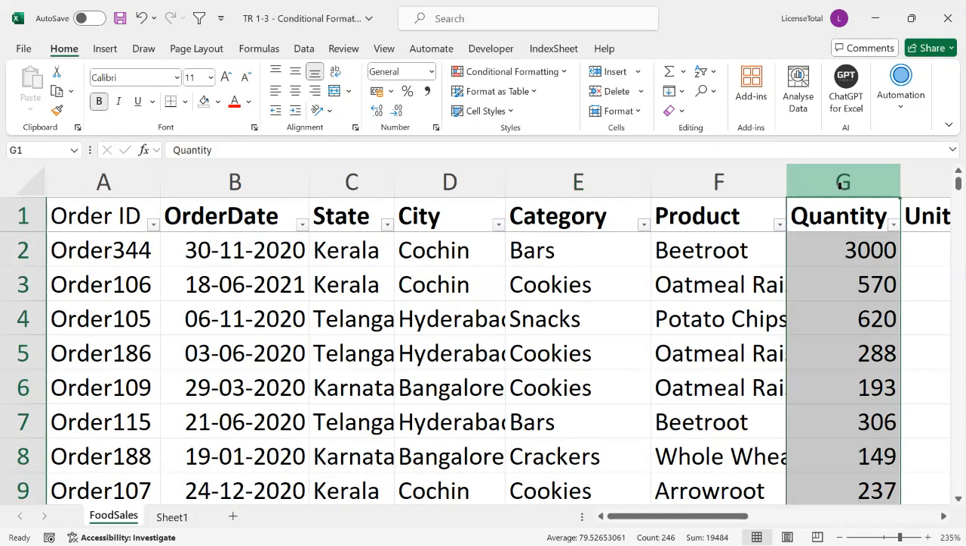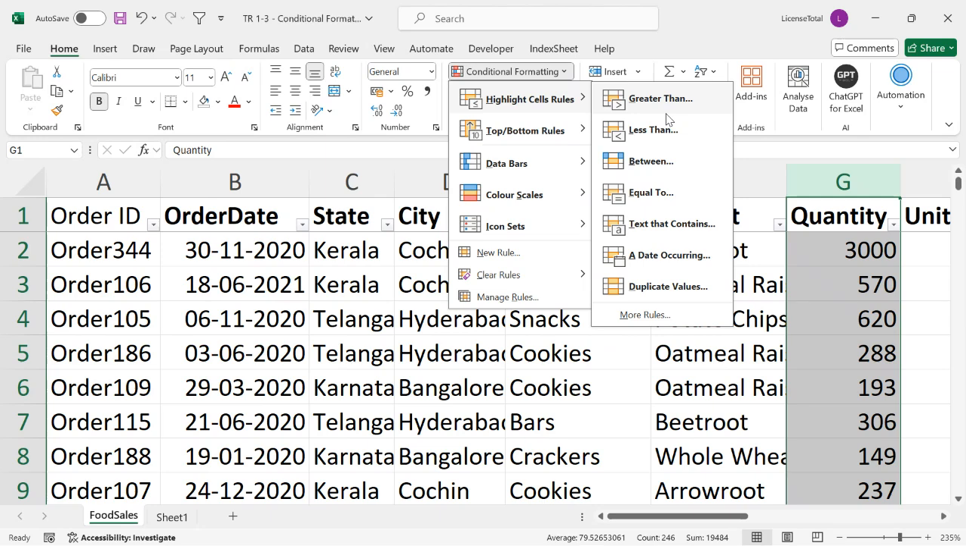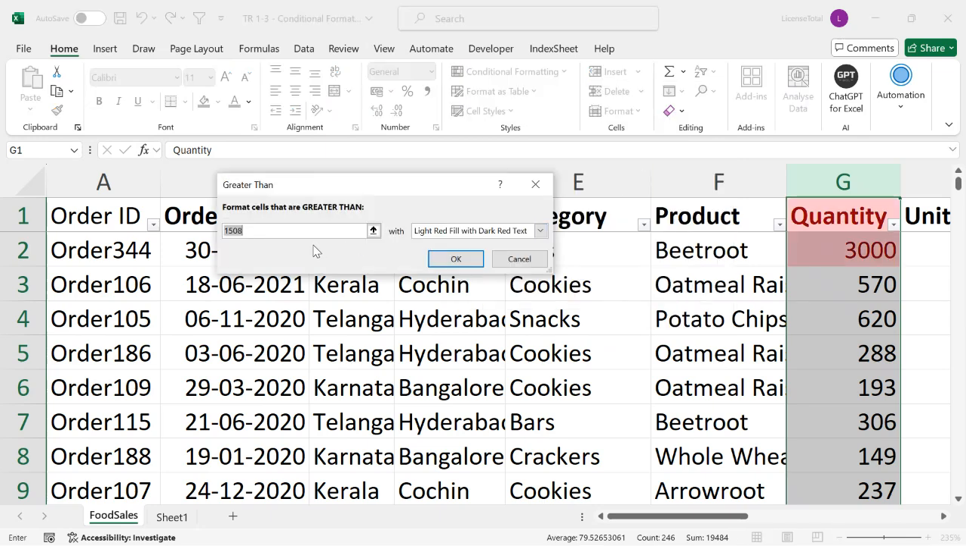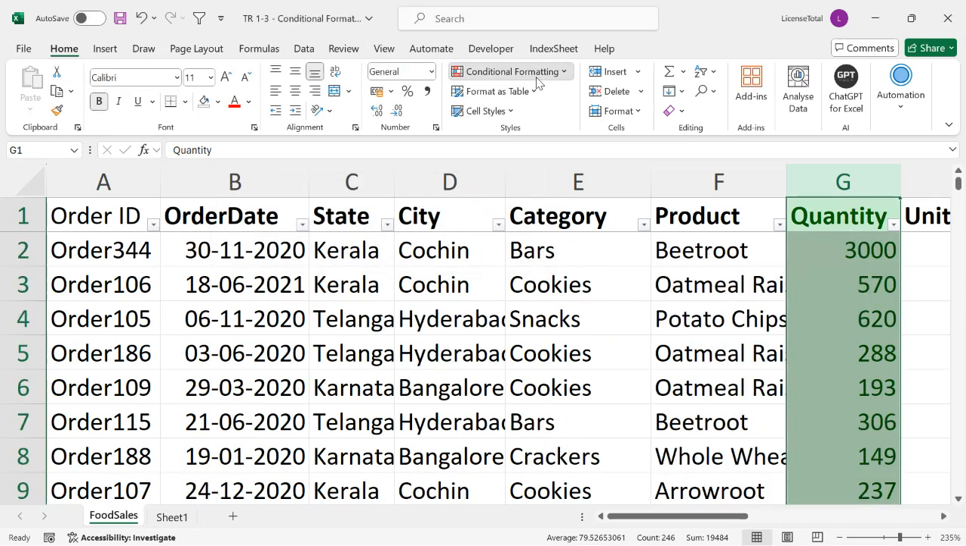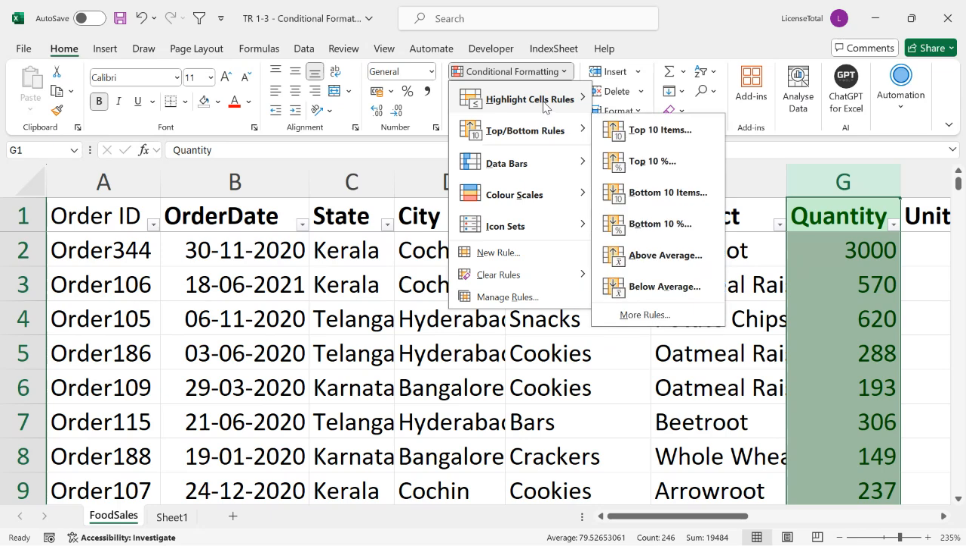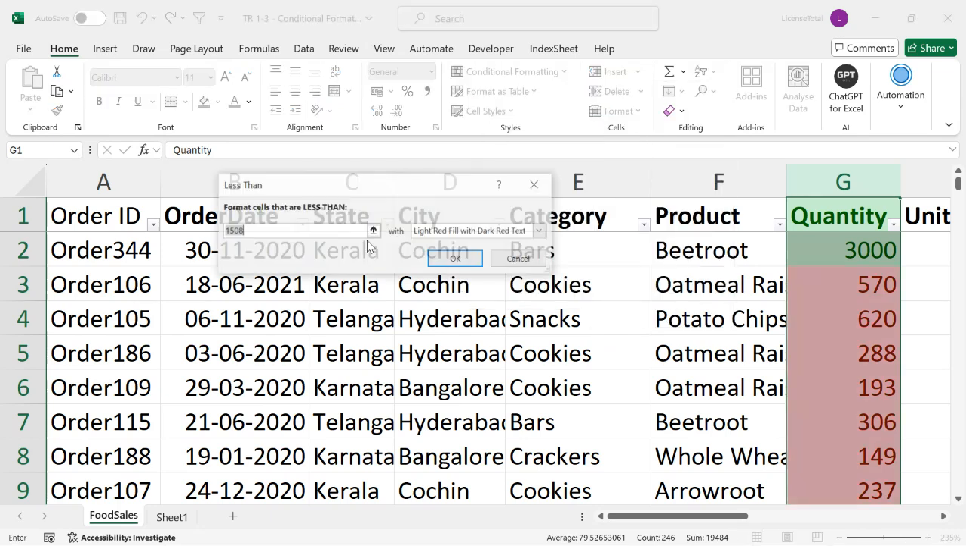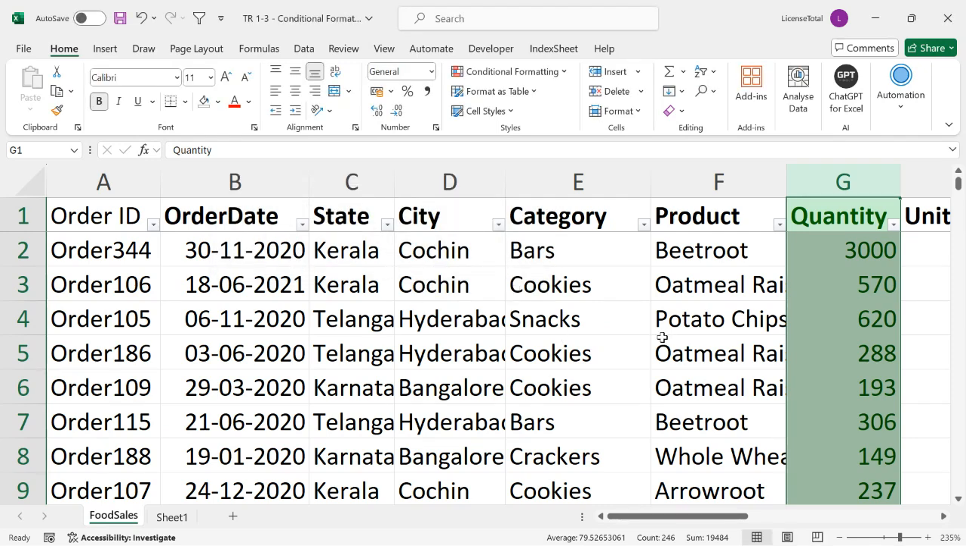So in the quantity column, I am going to add one rule: greater than 50 in a green color. In the same column, I am going to give another rule, which is less than 75, red fill. Actually, this rule gets clashed because